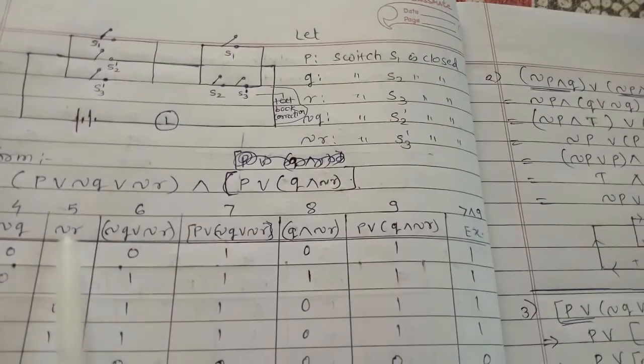Again I write here the numbers. So see 1, 2, 3, 4, 5, 6, 7, 8, 9, and in the last we have to take the conjunction of 7 and 9. ये दोनों का conjunction हमें ये symbolic form में दिख रहा है, जो हमें लास्ट में लिखने वाले हैं.